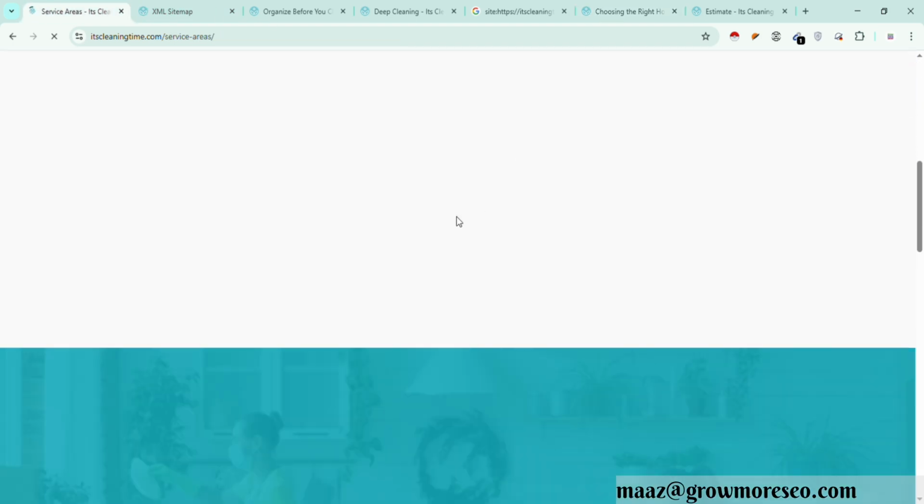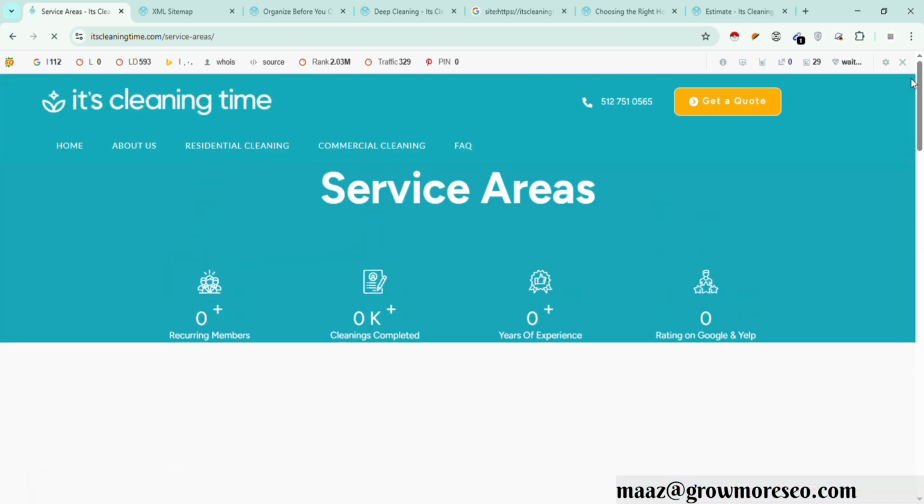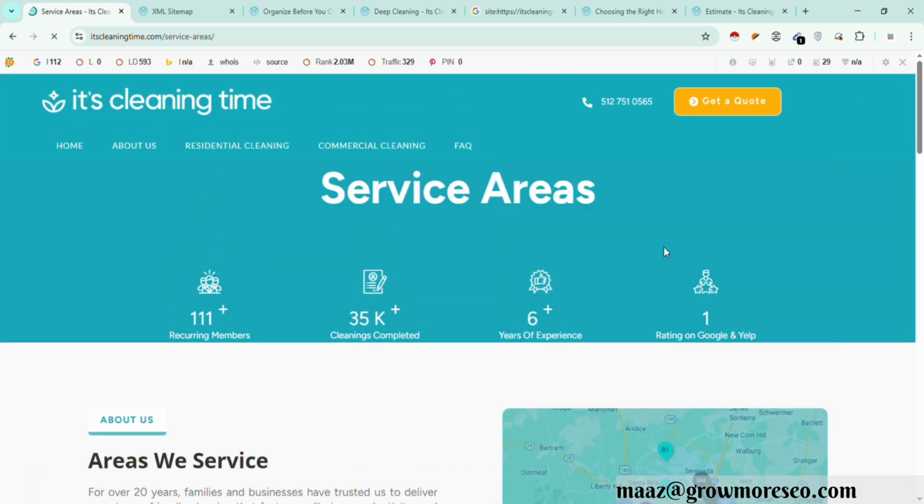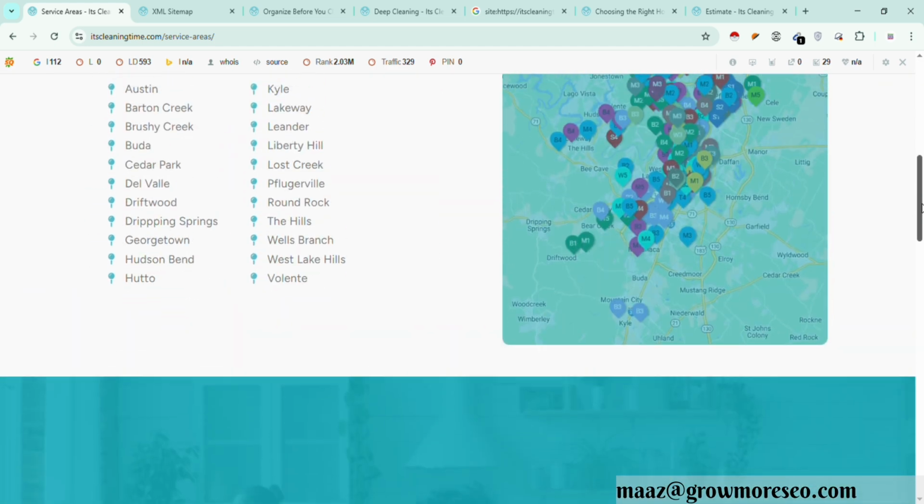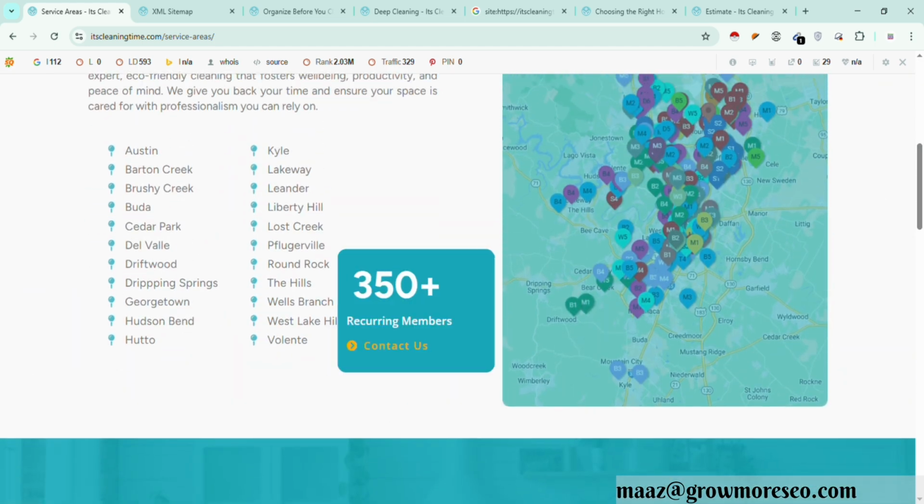There are almost 150 other impactful factors that play a role in ranking on Google. It may take time to rank, but once you rank, you will get a lot of traffic. The actual keyword, for example, move in cleaning Austin, has a $10 CPC. If someone clicks on the ad, you would have to pay $10.